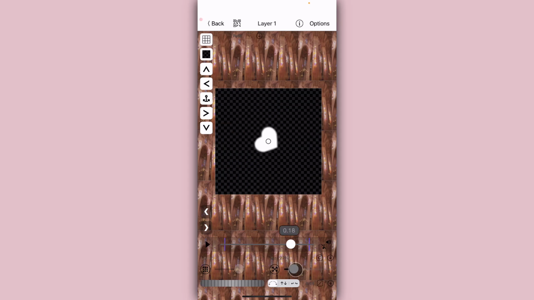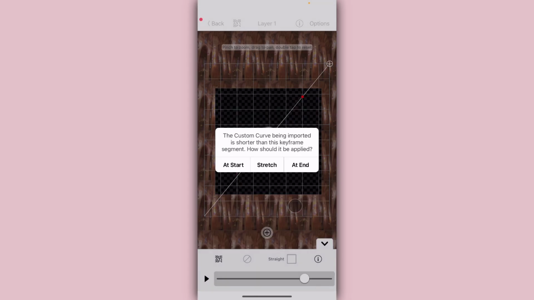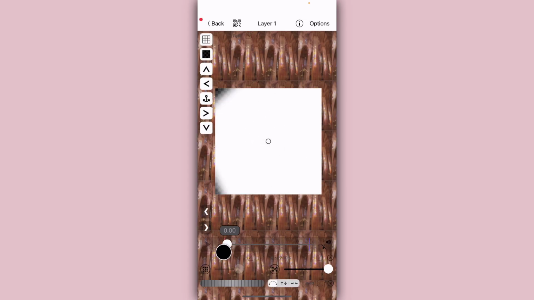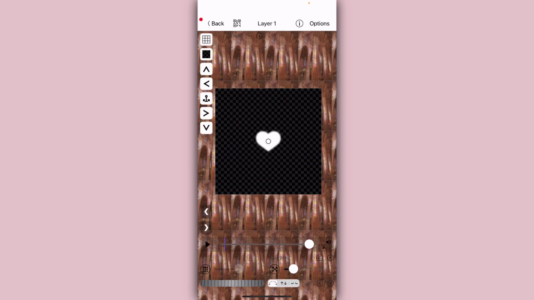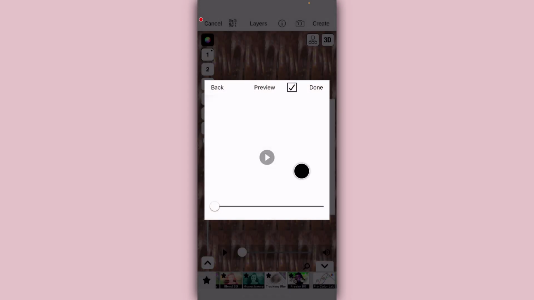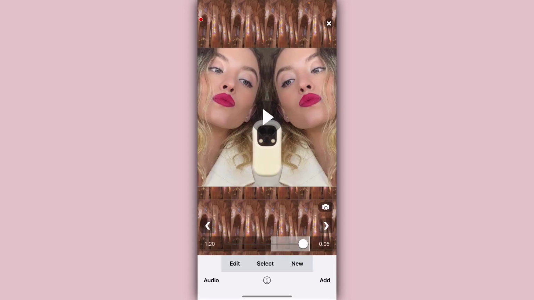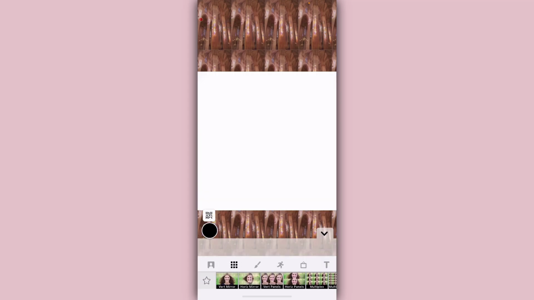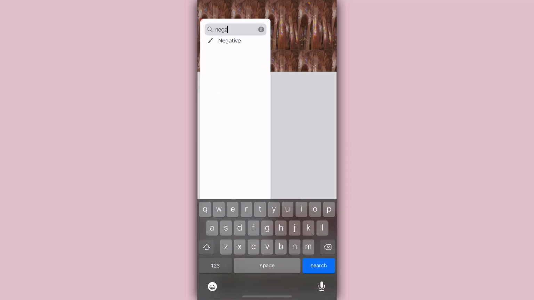I'm not a huge fan of the amount of spinning it does. You could always do it a lot more intensely if you'd like. I only do 90 because it's not too intense, it's perfect, so yeah. Then I add tracking blur and I put it all the way up. Then I create the preview, and then I go on to re-effect, and then I search up negative right here,